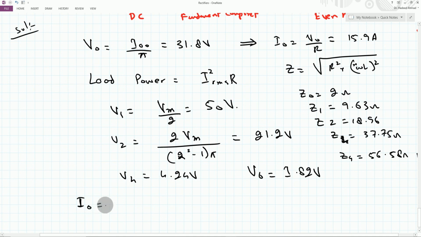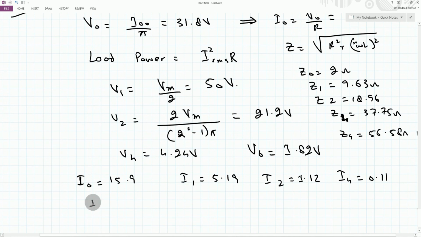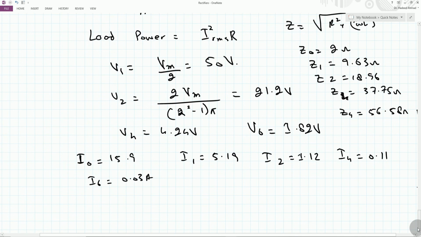So I naught is equal to 15.9. Then we have I1, that is equal to 5.19. Then we have I2, that is equal to 1.12. Then we have I4, that is equal to 0.11. And for the value of I6, we have 0.03 ampere. Now to find out what is the IRMS here,